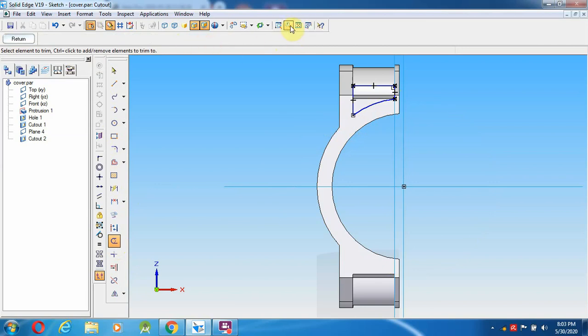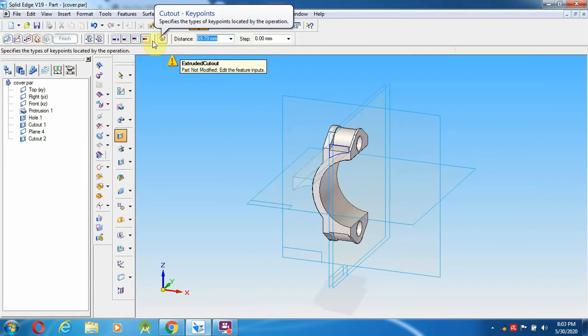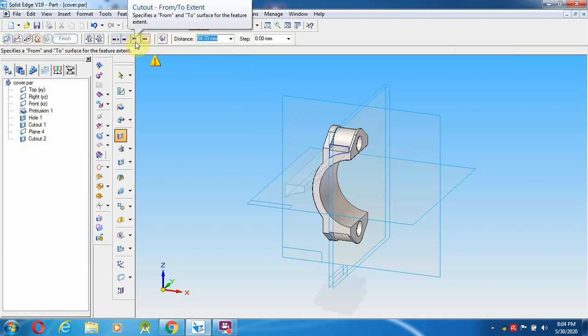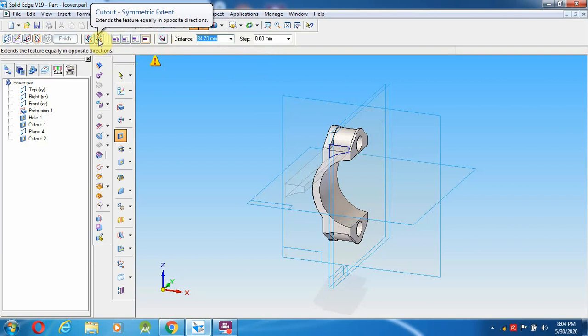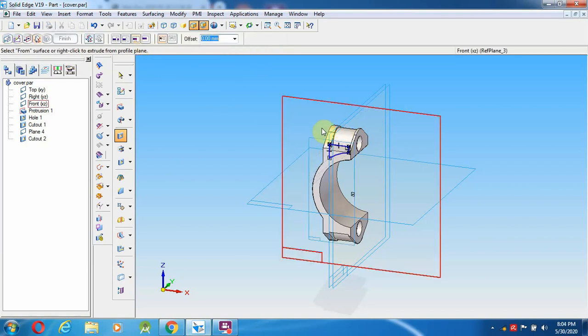Now we can come out with the return option. Finite extent, through the curve, extrude cutout, through next, through all, and from-to extent, up to the particular surface.